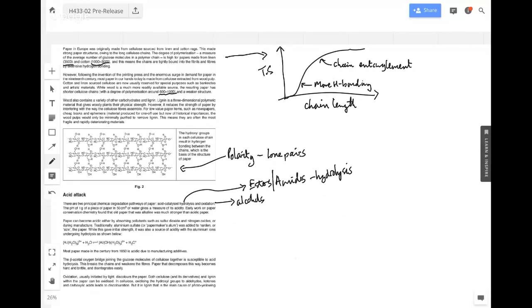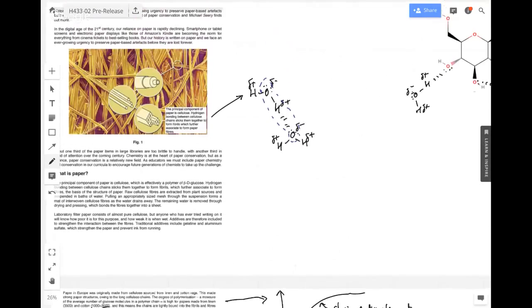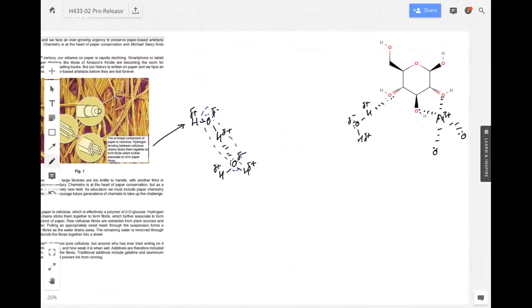we need to look at the alcohols which we've got there. And if we just go back to the structure up here, what we've got are a number of groups that we can oxidize. If we just take the glucose molecule on its own, and you might be asked, what would you get if you oxidize this? So let's just have a think about that. So you could oxidize that with dichromate, for example, in acidified conditions. So let's imagine what we would get. We're still going to have the ring,